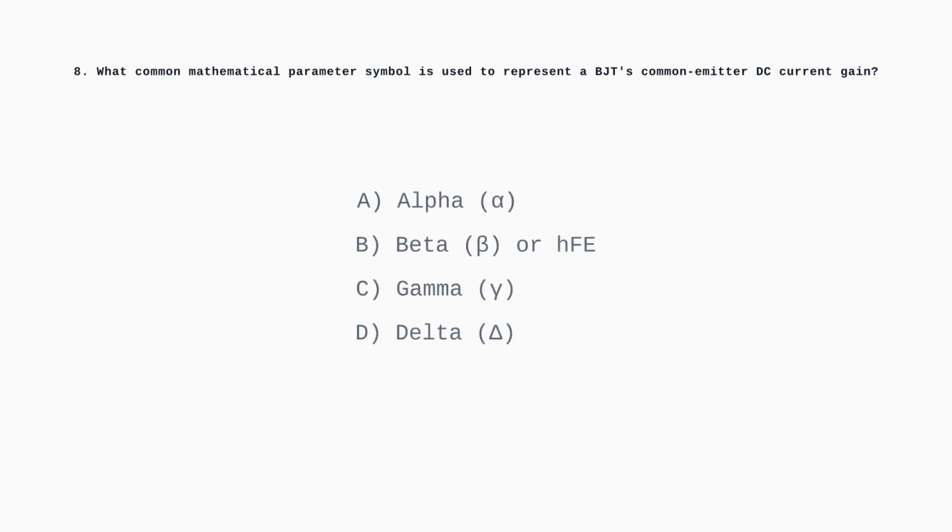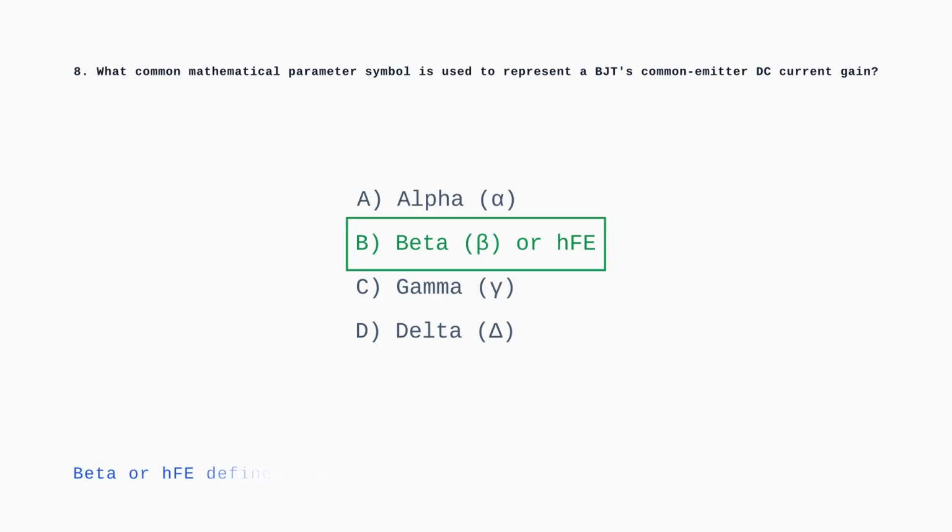emitter and collector. Question 8. What common mathematical parameter symbol is used to represent a BJT's common emitter DC current gain? The amplification factor, or forward current gain, is represented by the Greek letter beta, also denoted as hFE on data